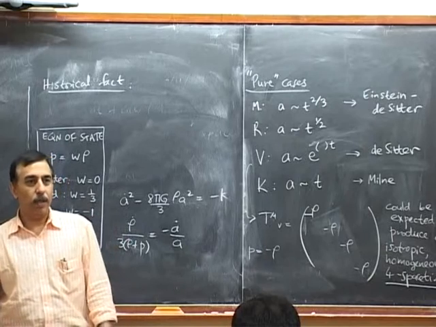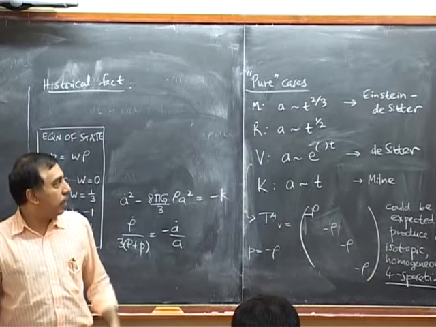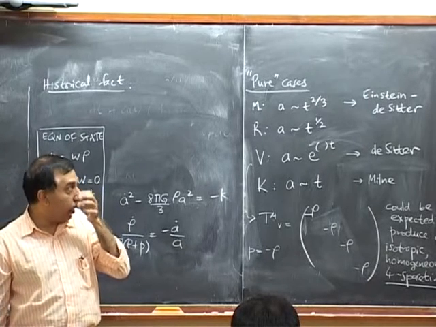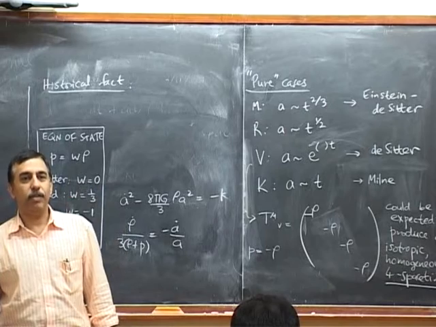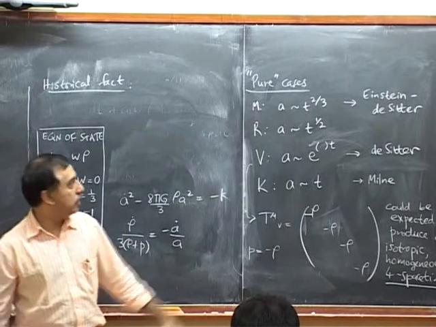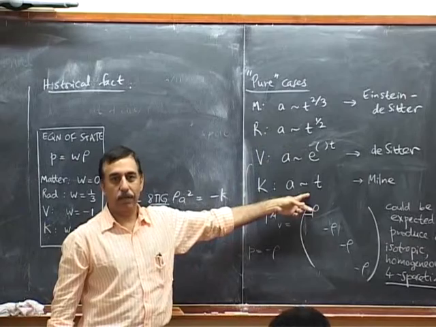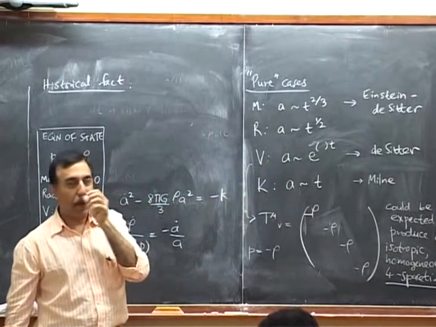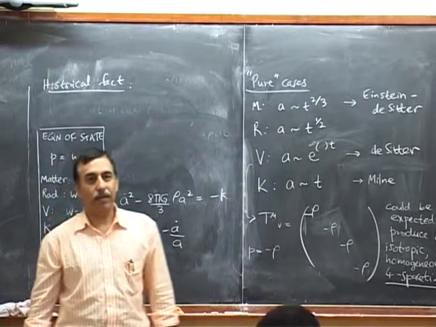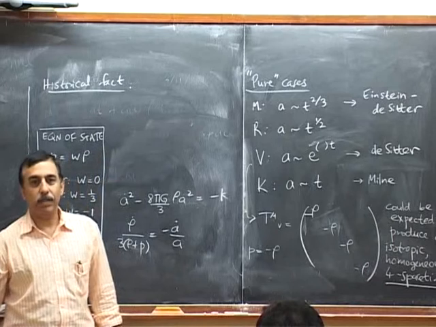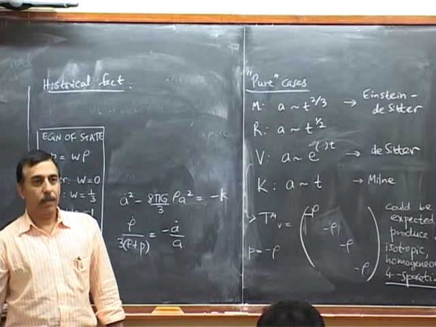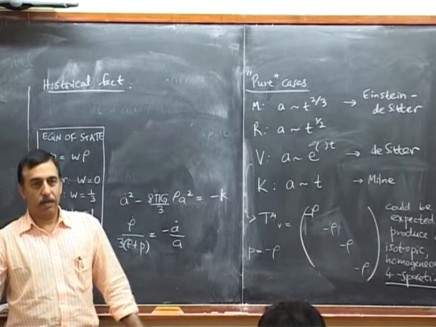That, let's say, it was known. But somehow people hoped that a solution would come out which doesn't have expansion. So A of t should be constant. Now you can see that A of t is not constant in this and this case, any of them individually. But who is to say that by combining any two ingredients out of these, you can't manage to get an A of t which is constant? It's worth a try.